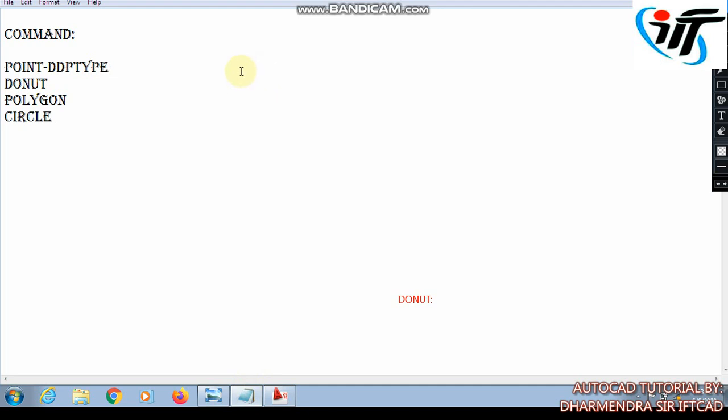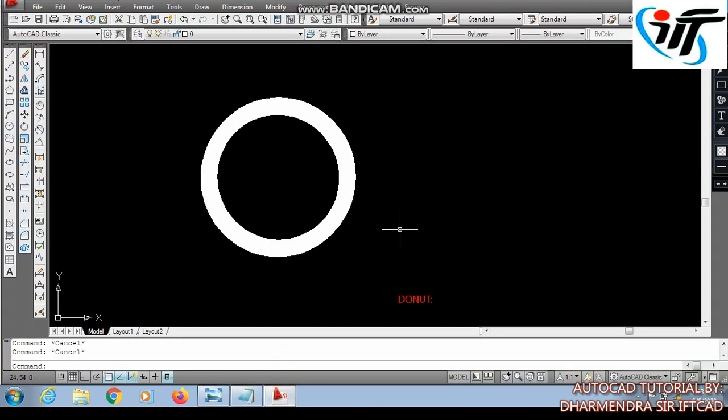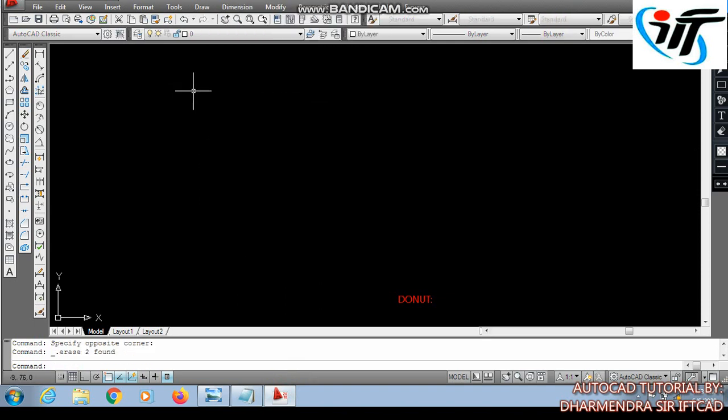Now our next command is polygon. Polygon has equilateral sides.